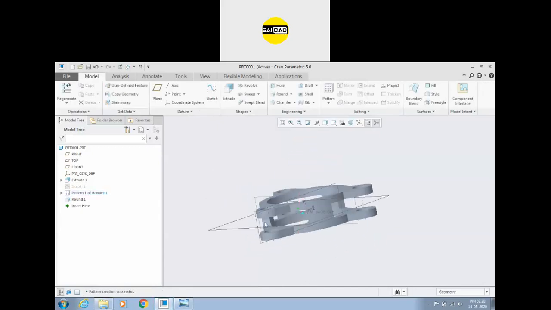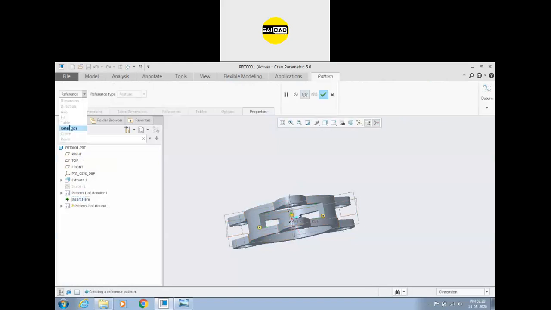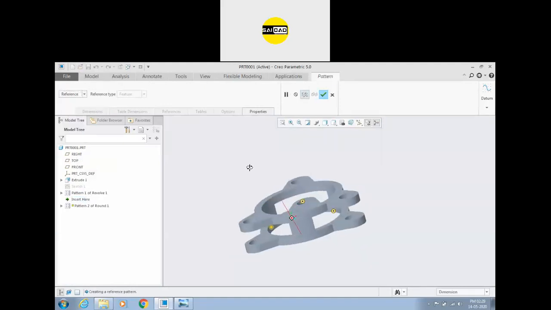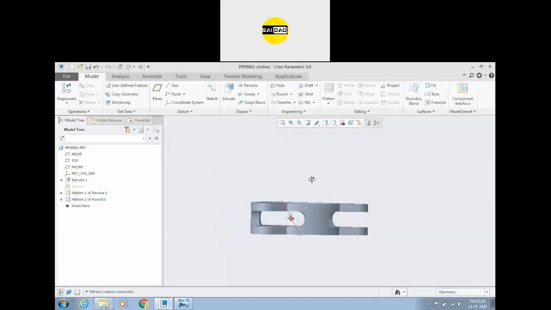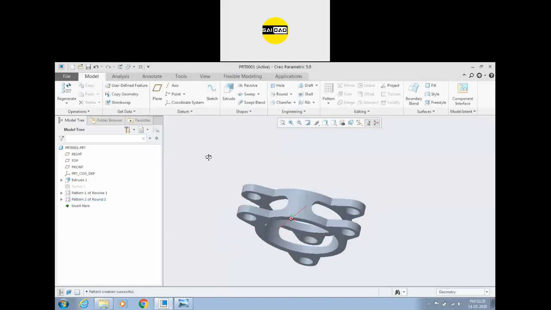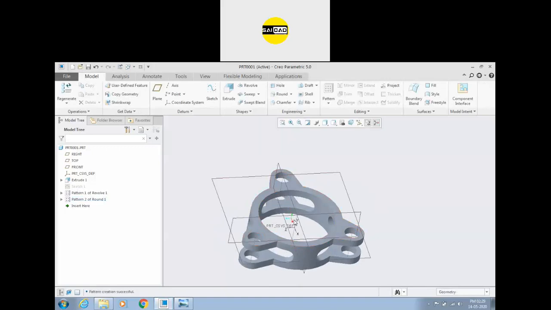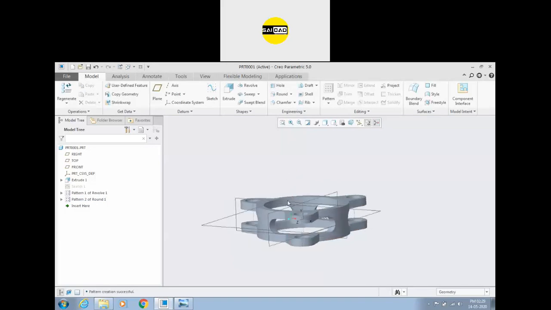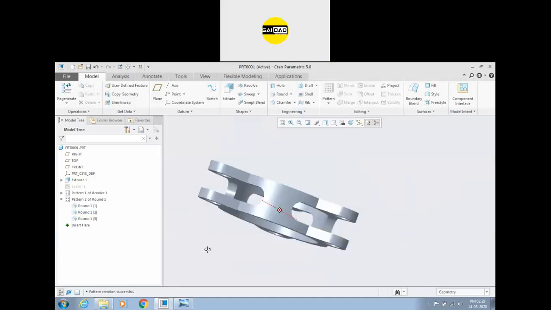Okay. Next, we need these fillets. To create these fillets with the help of pattern, we can just select the round and go to the pattern. If we click on the pattern, you can see that by default the reference pattern is selected. You don't have the option to select the other pattern types. It will be created on the previous pattern, and if you click OK, the shapes will be created like this. This is the advantage. It creates the reference pattern by default to create a fillet on the object. Okay, any questions?